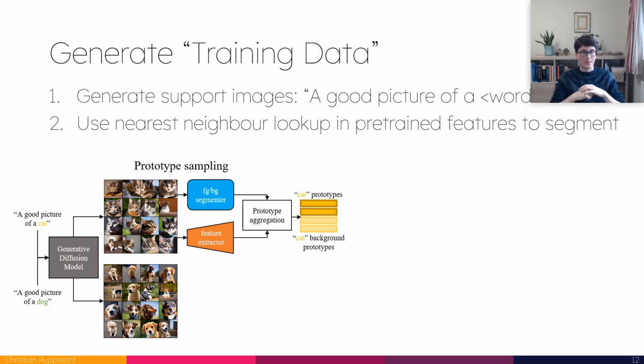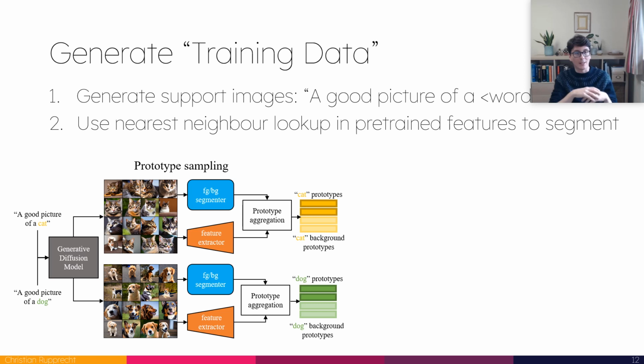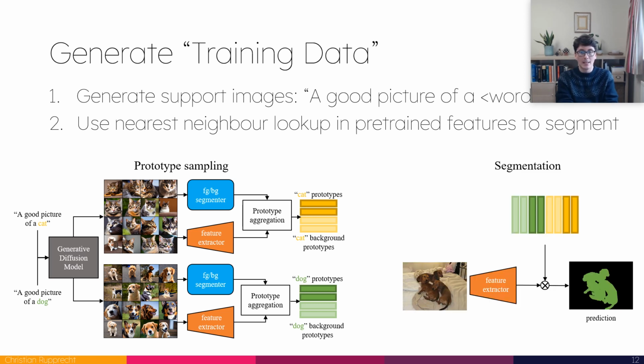Now we found that just pooling features completely is slightly worse than if you run k-means. So we do that and we get multiple foreground and background features for each category. And now we want to segment an image. We pass the image through the same feature extractor that we used before. And for each spatial location, we compare the feature to all the support set that we've generated before. If we look up a background prototype, then this must be the background. If we look up a foreground prototype, then we can label this pixel or this region as this class.